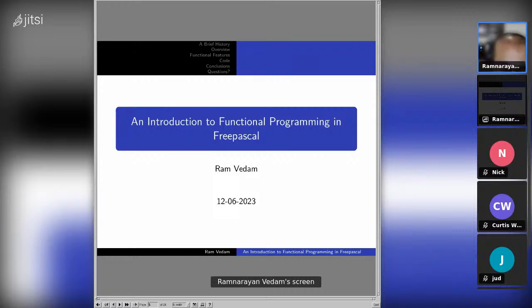I was interested in looking at Freepascal for quite a while, since I realized a few months ago that Delphi, another Pascal variant, which we'll be discussing as part of tonight's discussion, introduced support for anonymous methods as well as something called function references, which is essentially function pointers, to allow you to create and pass functions as arguments to other functions. And this motivated me to dive back into Free Pascal. I mean, Pascal as a programming language.